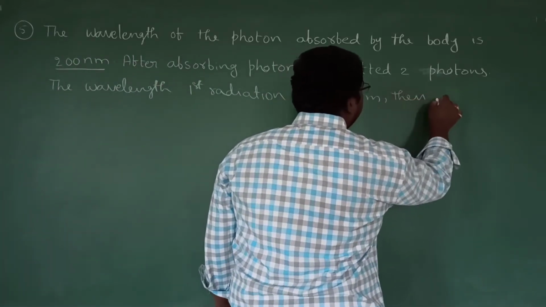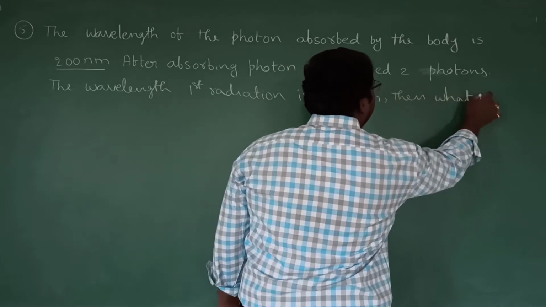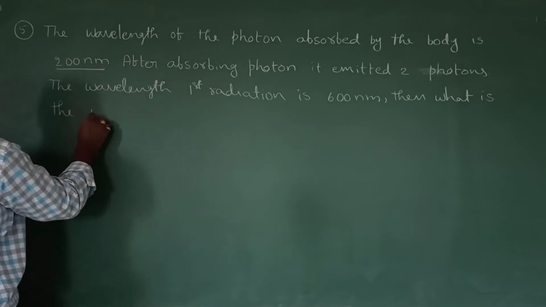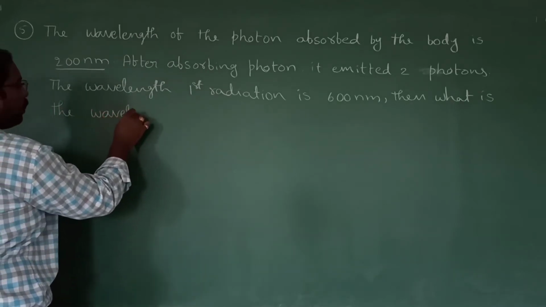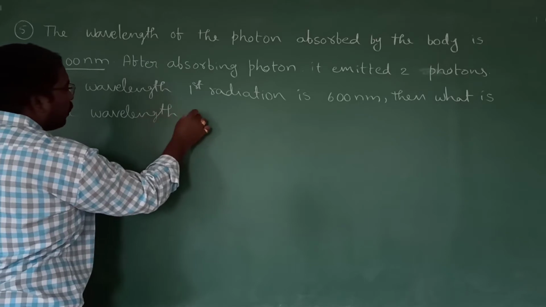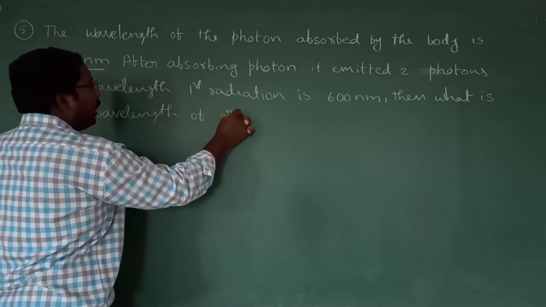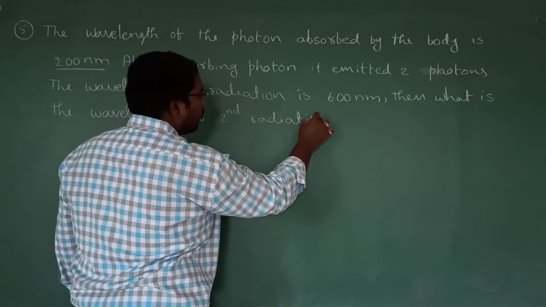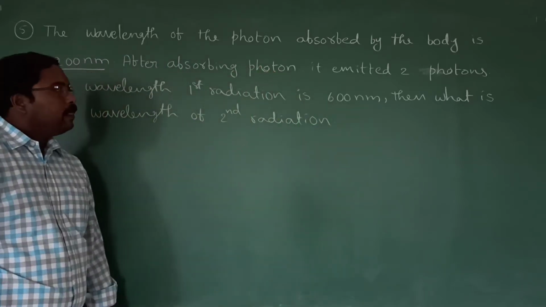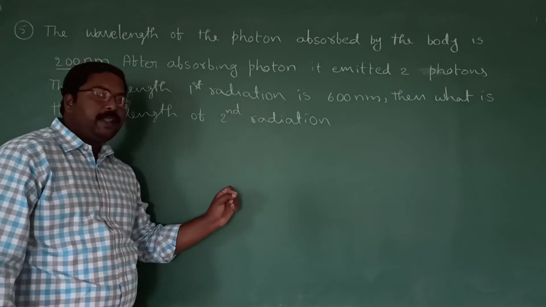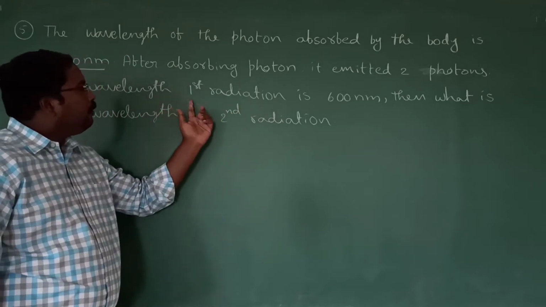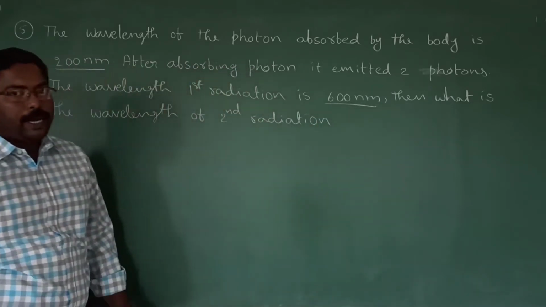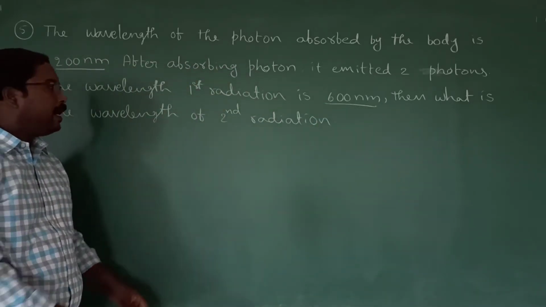Then what is the wavelength of the second radiation? Okay, out of the two, the wavelength of one radiation is given as 600 nanometer, but they are asking to find the wavelength of the second radiation. Okay,